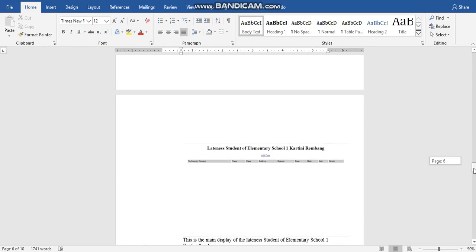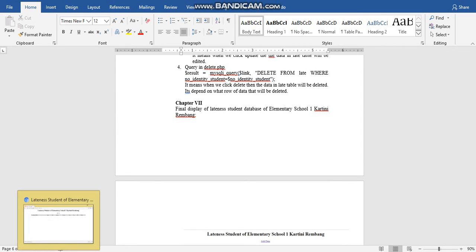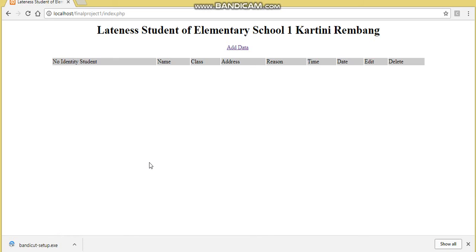Okay, I would like to show you the final display of late students. Yes, this is the main display of the late students of Elementary School 1 Kartini Rembang. For example, the student with the name Anstiawan is late coming to school, so we add the data in this information system.